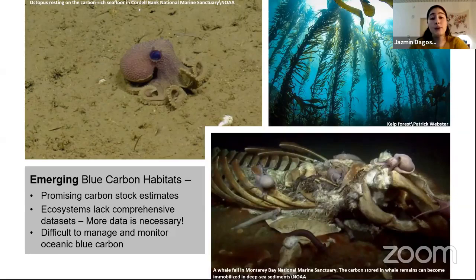So thus far, we've talked about coastal blue carbon, and we have kind of ignored oceanic blue carbon, but oceanic blue carbon is also a crucial carbon sink. However, unlike its coastal counterpart, it does not yet meet the criteria to be recognized by the IPCC, making it difficult for states to integrate it into their climate goals. So the reason